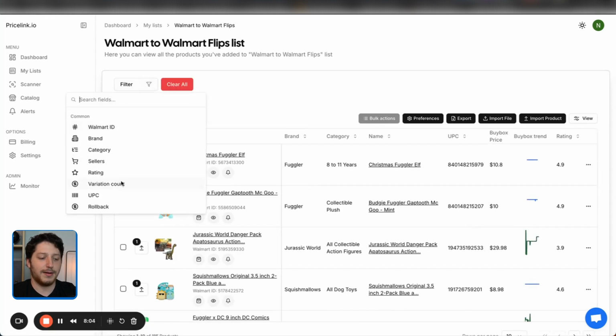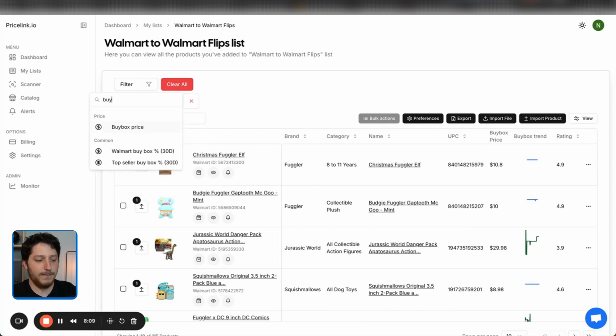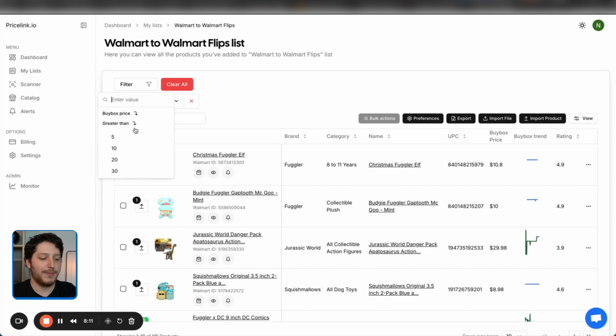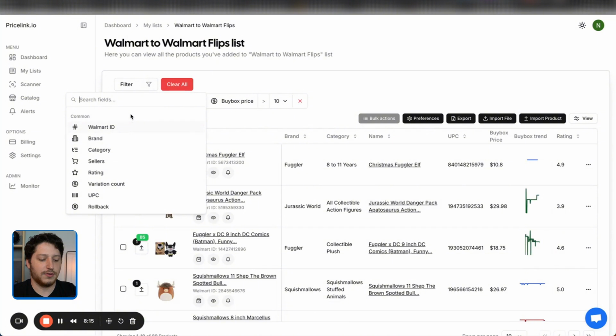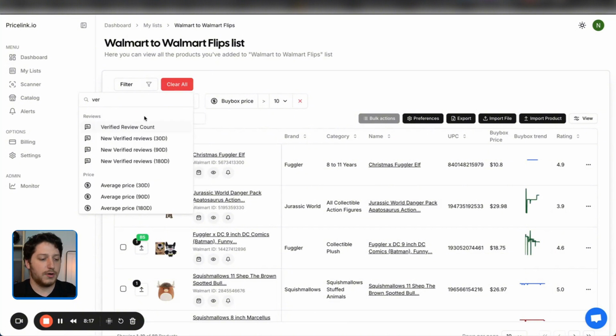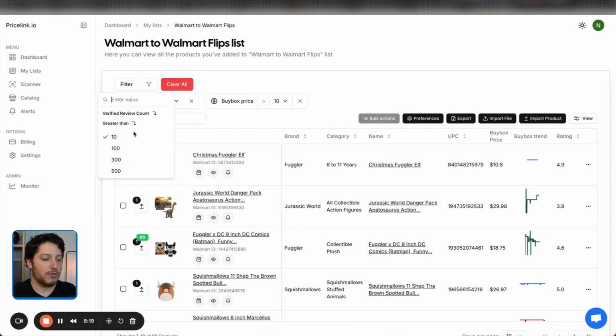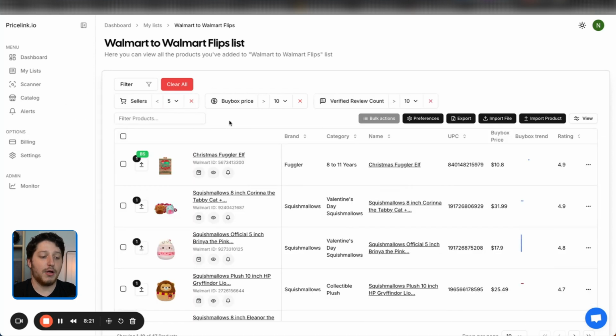Next, I'm going to filter by the buy box price. So let's search that up. Buy box price, and let's do the buy box price is greater than 10. And next we can filter for verified reviews. So let's do verified review count greater than 10 as well. Now all of these products are greater than $10, have less than 5 sellers, and have a verified review